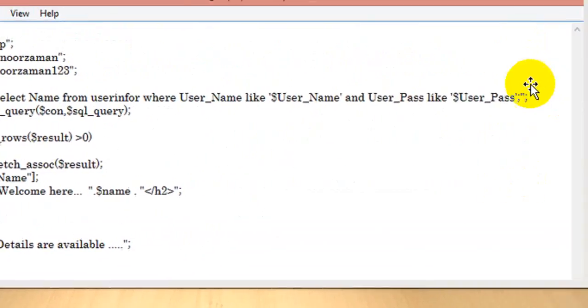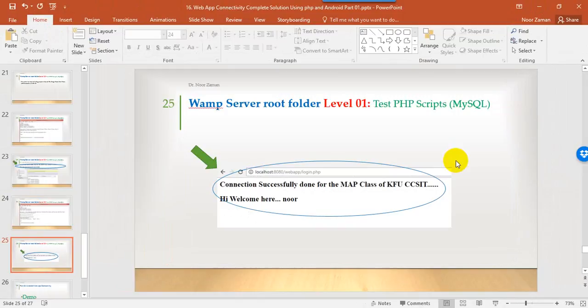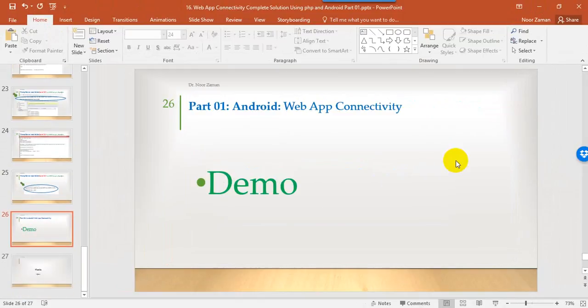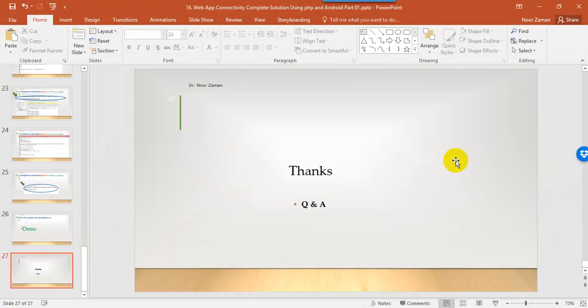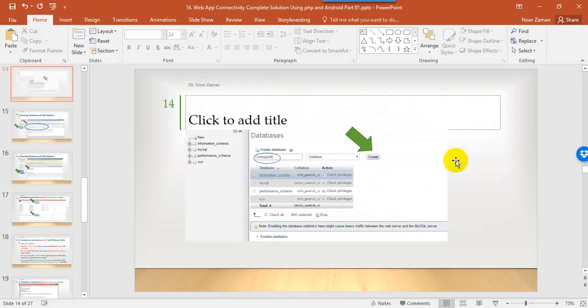So coming back to our slides, it's almost done. You can see here, we're trying to show the same message, and after that this is the demo. In the demo, we try to run it one by one. So you find that this is part 1. We can say that part 1 is done. That's what we cover with this